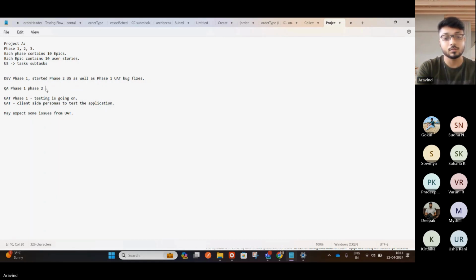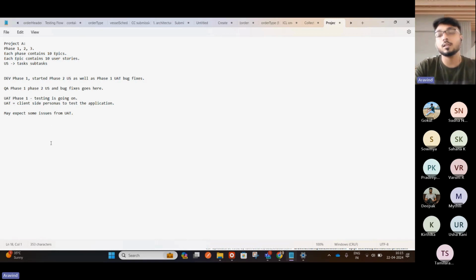But this phase two will go to the testers. Phase two user stories and bug fixes go to QA. So until QA, we can have all the things, but for UAT, we should have only the phase one items until we deliver the phase two. Let's say this phase two is still in progress, so it will be delivered maybe after 2 to 3 sprints, right? So for this purpose only,